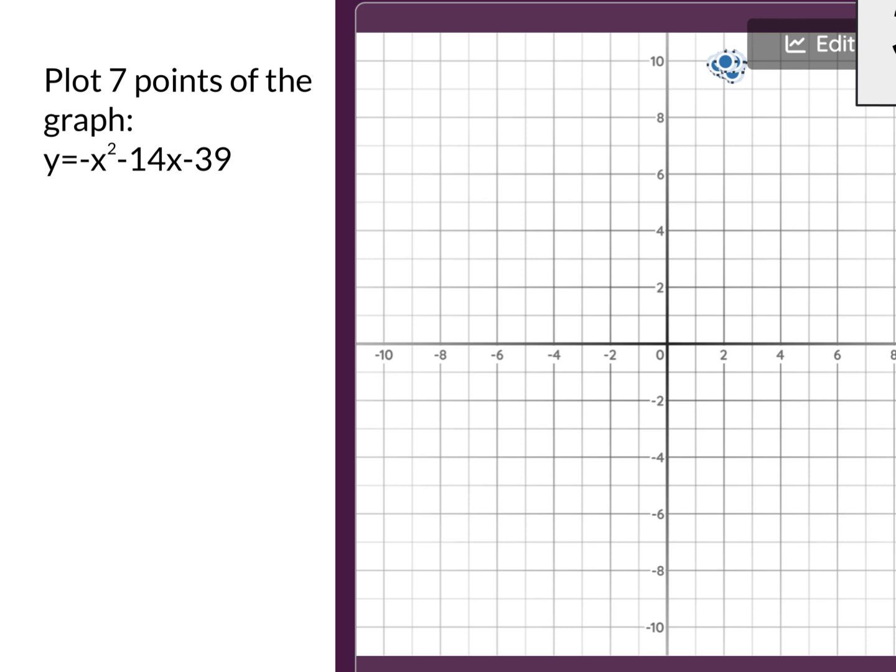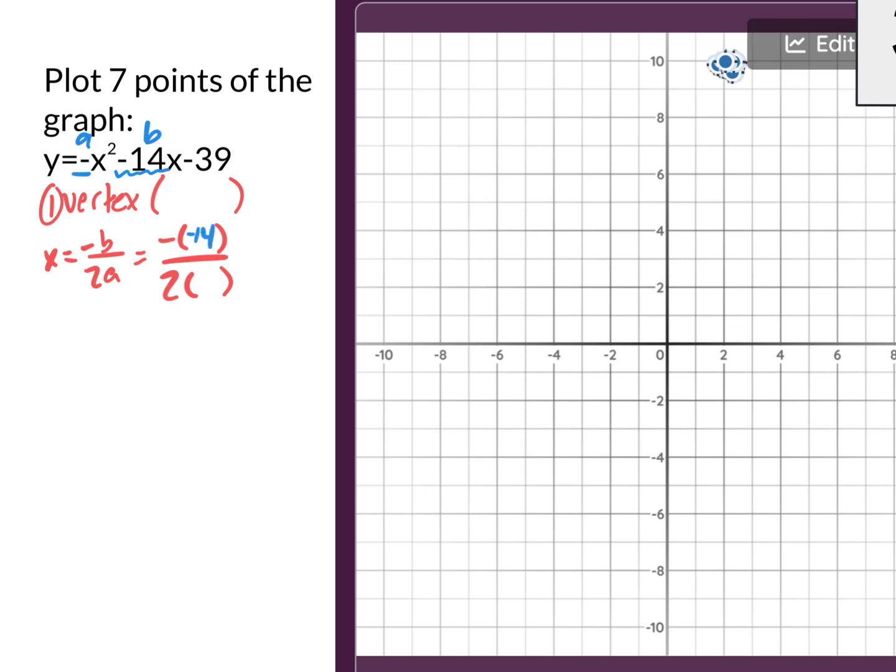Step 1, find the vertex, which is a nice coordinate. How do you find that coordinate? With the vertex formula, x equals -b over 2 times a. When you use it, replace the b and the a with parentheses. And then after you set it up like that, go back and identify that your b is -14 and your